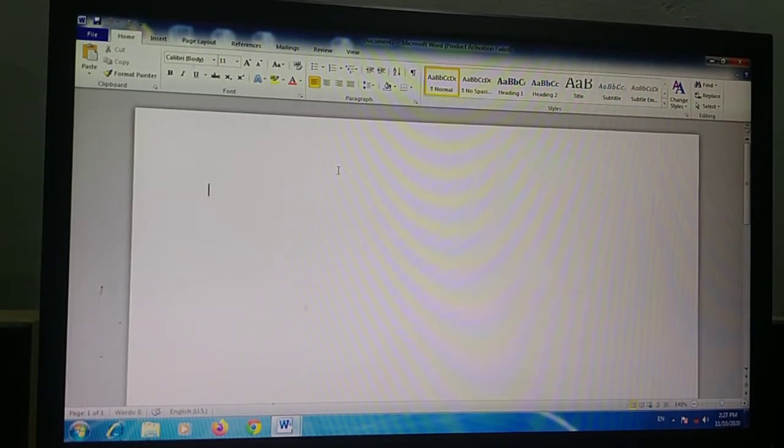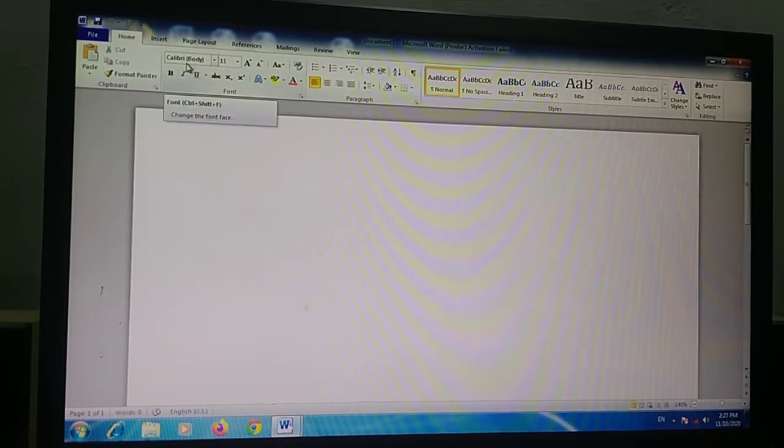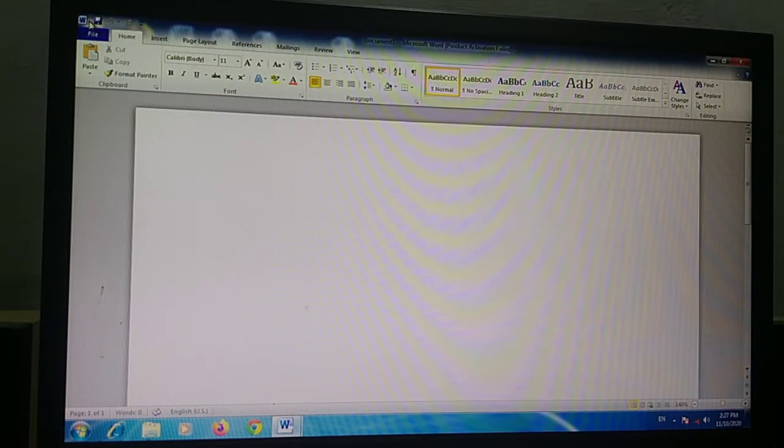Now there are many parts you can see here. First one is your quick access toolbar. Where is your quick access toolbar? This one at the upper corner, you can see this is your quick access toolbar.